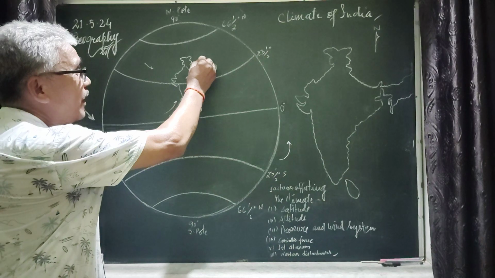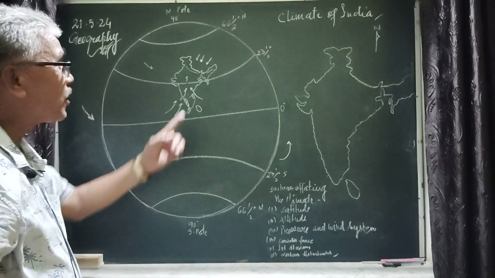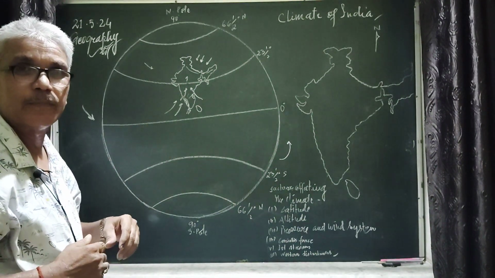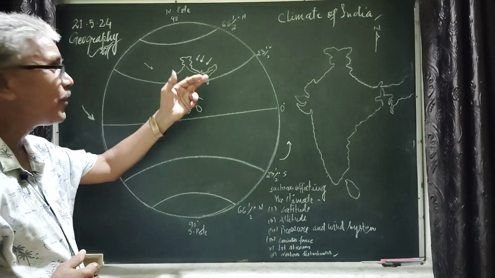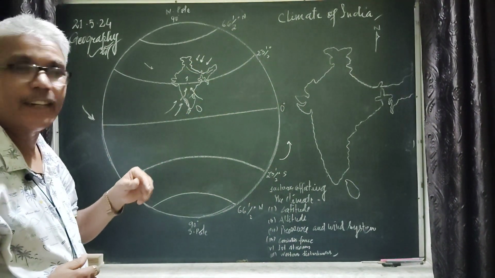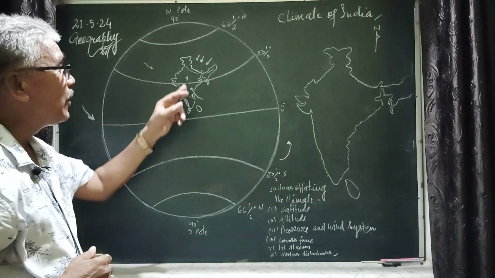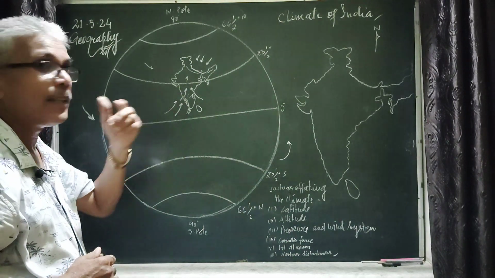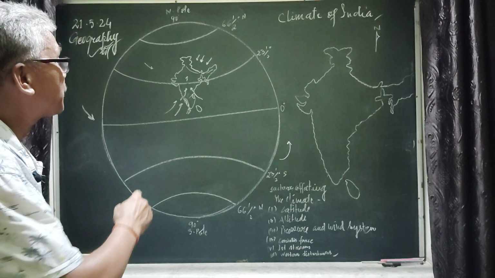But during winter, when the wind blows from the northeast toward the southwest, that wind is devoid of any moisture, because there is no ocean over here in the northern part. Therefore, that wind has no moisture content and is not able to cause rain. The weather and climate of that region is wet and dry during the winter season.